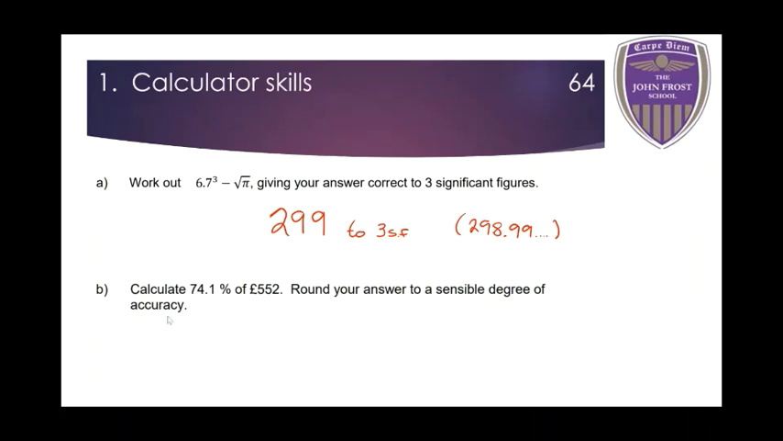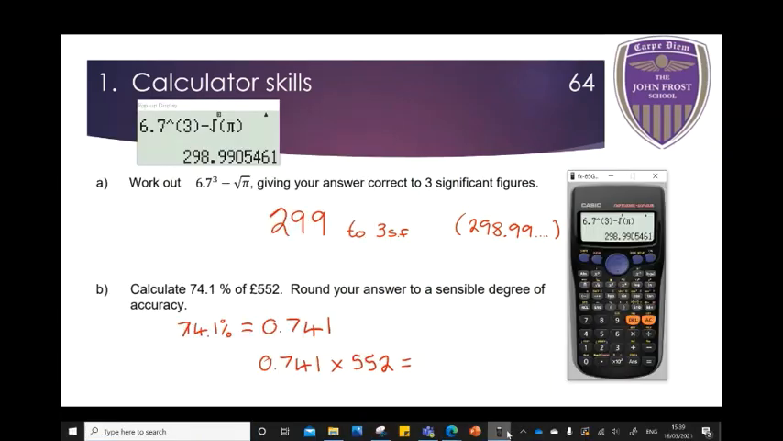The next one is calculate 74.1% of £552. Round your answer to a sensible degree of accuracy. So we need to find 74.1% of something, and we're going to use a multiplier. 74.1%, if we were to write that as a decimal, would be 0.741. So all we're going to type in our calculators is 0.741 multiplied by 552. Let's get our calculator back up and just type it in, 0.741 times 552. Now our answer is